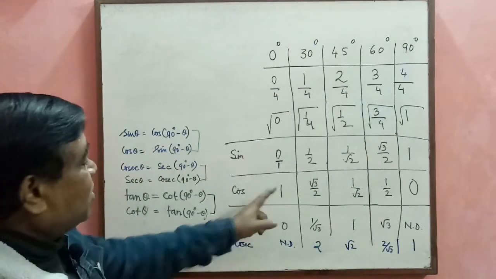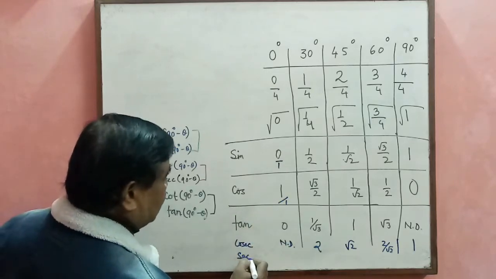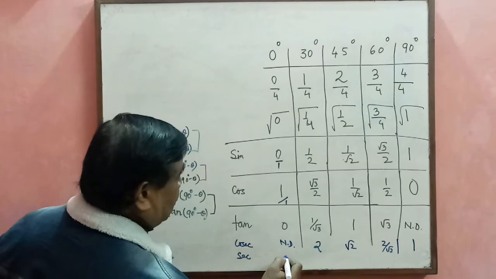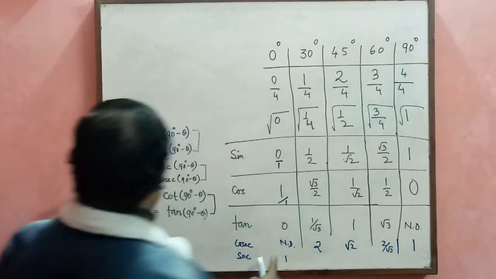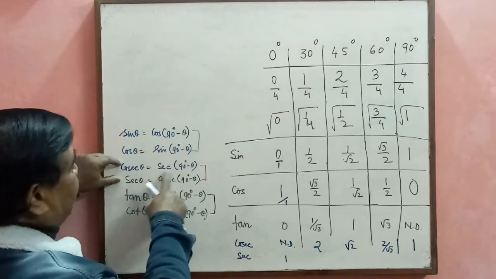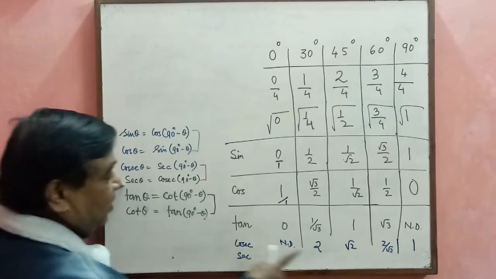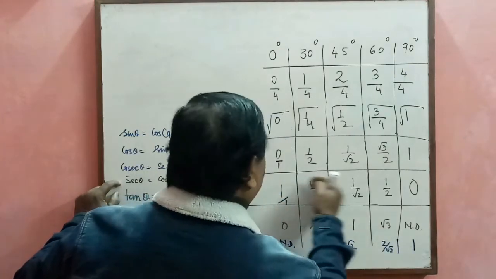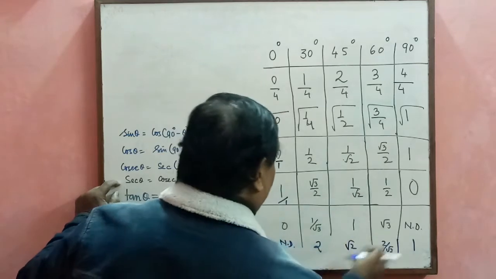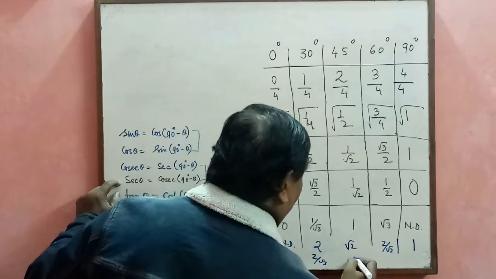If I take the inverse of this, again putting 1 here, this is sec, and sec 0 degree is 1. Or we can reverse this one. Here we have the relation, cosec theta is sec 90 degree minus theta, and sec theta is cosec 90 degree minus theta. So definitely, if we inverse, then also we get this value. Otherwise, you can take the inverse of this one, so we will get it. So this is 2 upon root 3. This is root 2.